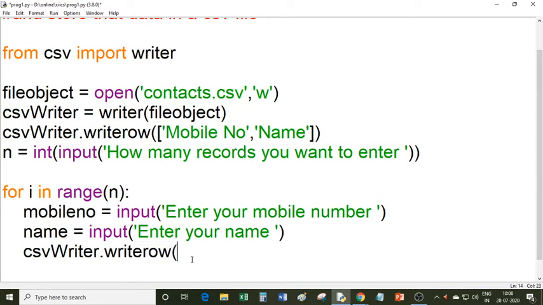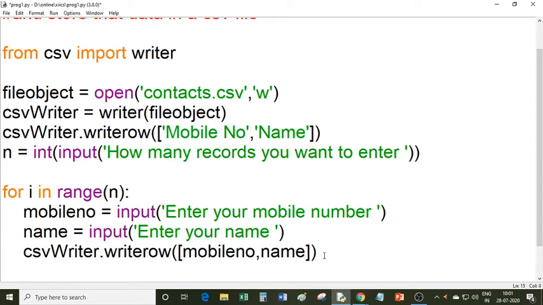Inside this I have to pass one list, and inside the list I can write the names of the variables. You know that whenever you write the name of a variable, the value stored in that variable will be used. So the values inside the variables will be used inside the list, and this writerow method will write that data inside a CSV file.